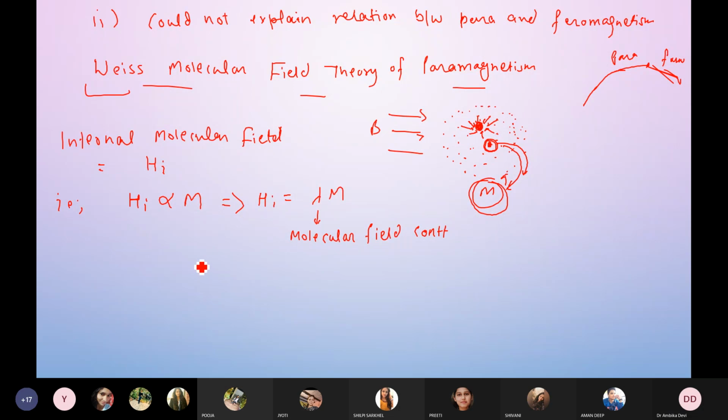Okay. Now, what should be the net effective field? The net effective field will be the applied magnetic field plus the field due to the internal molecular field, right? So this will be H effective is equal to H plus Hi. Okay. Now, according to Langevin theory,